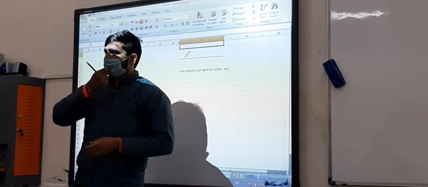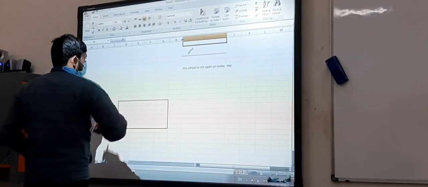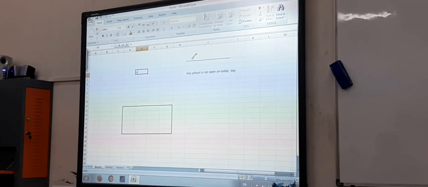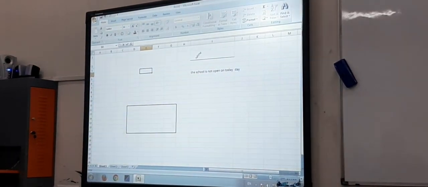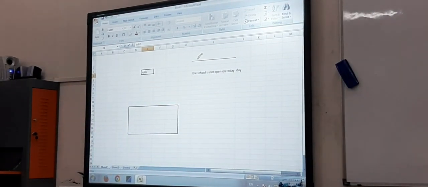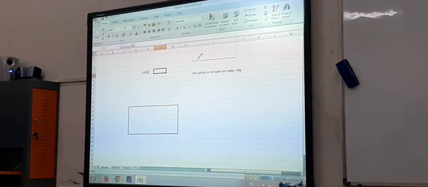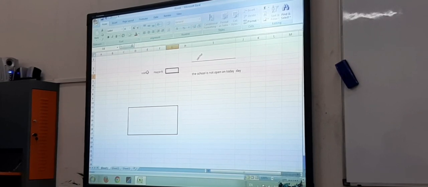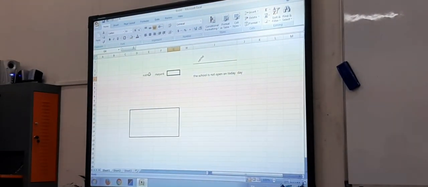Next thing is chart. How can we perform this task? Let me create a table. I'm making a list. Is there anyone from Pune?